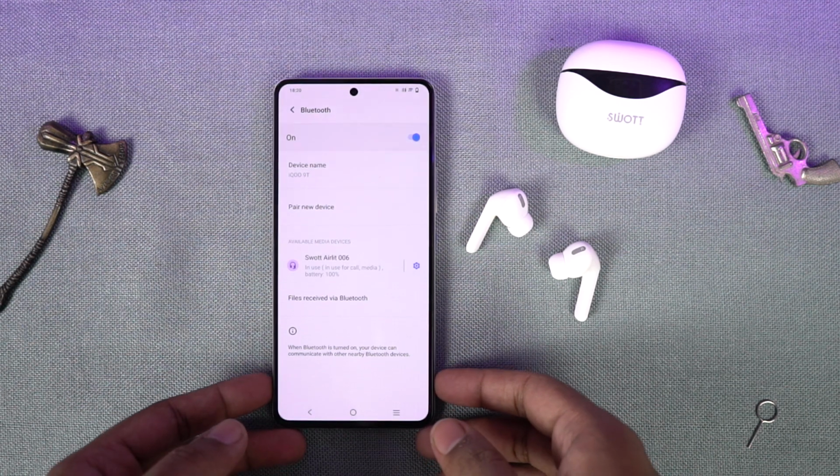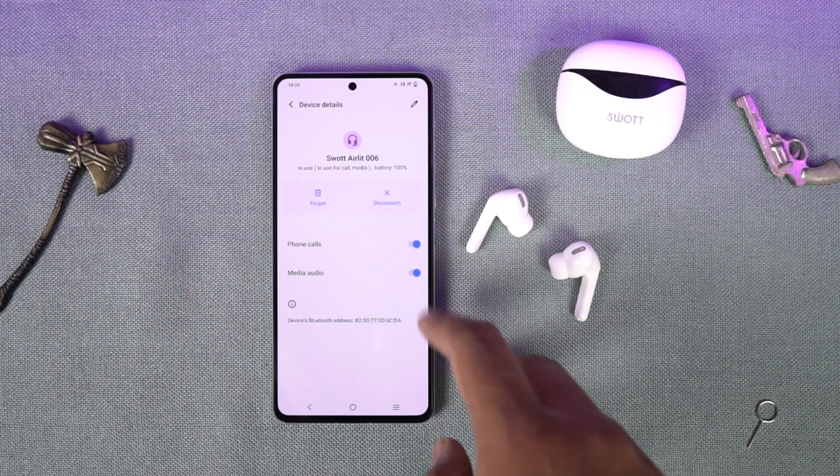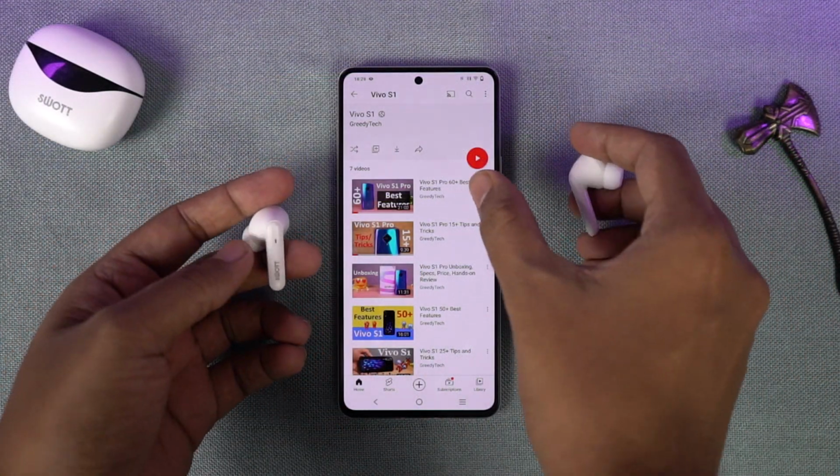By the way, every time you remove the earbuds from the case, you get a voice prompt that says, "Welcome to Swott, be Swottish." Now, as for the functionalities of this touch interface button, you can do a single tap